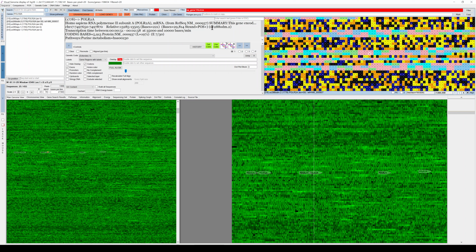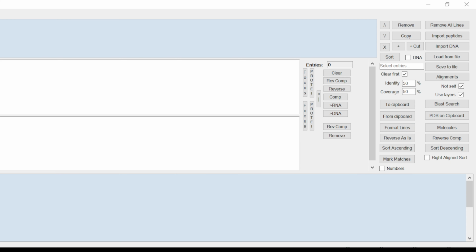So there are a few functions that I've built in, and one of them is when you right click on the protein and you select the specific transcript, you can see there's copy the transcribed DNA to the clipboard, plus the comparisons. Okay, so the comparisons window is this window I'm referring to.